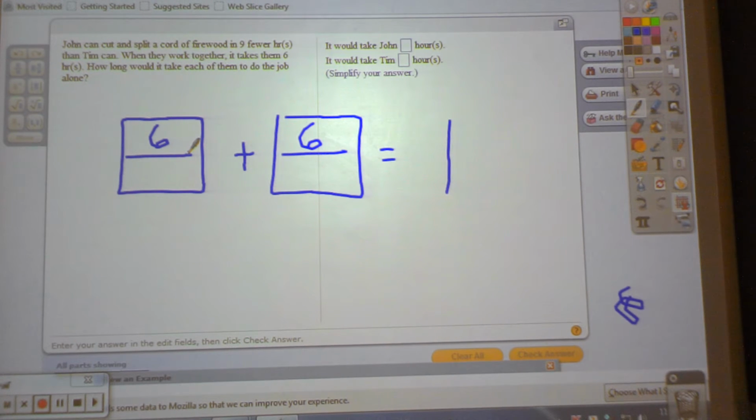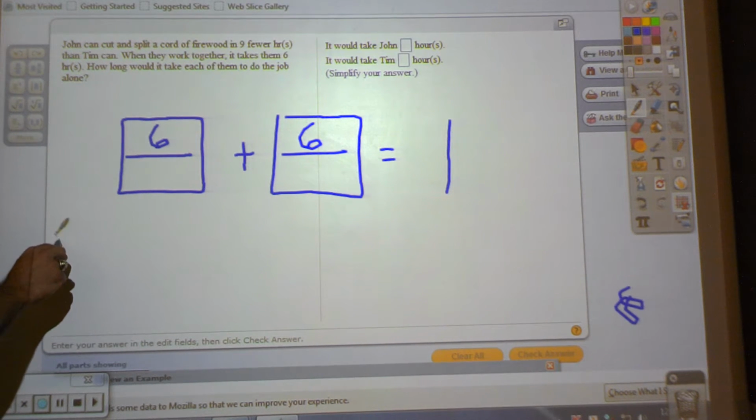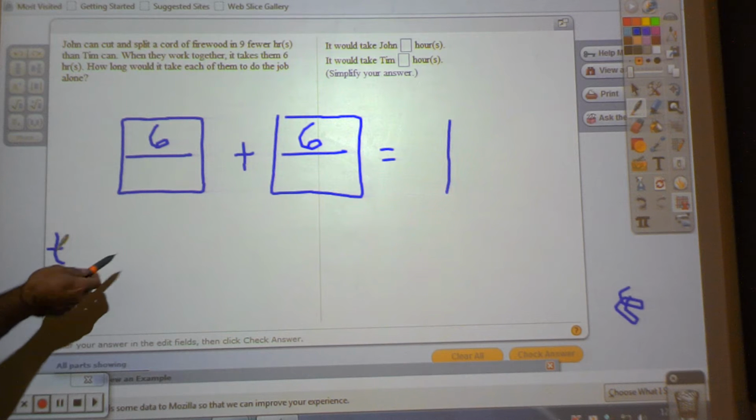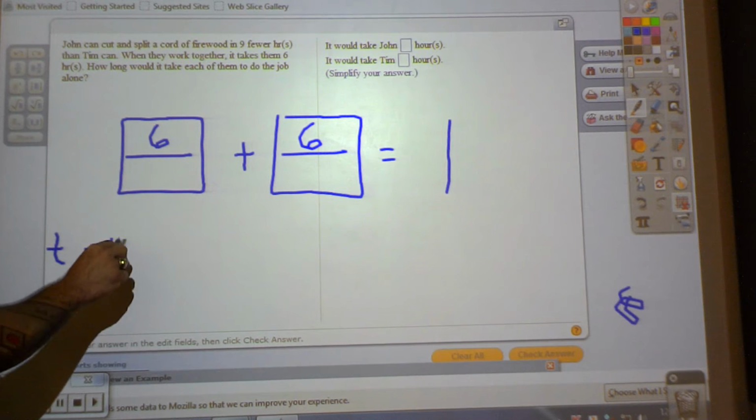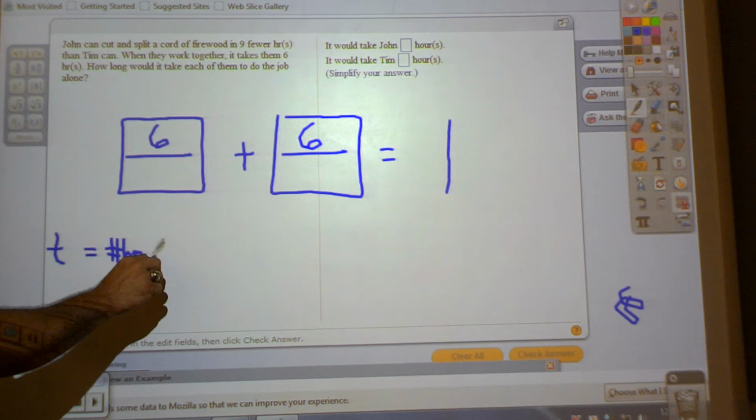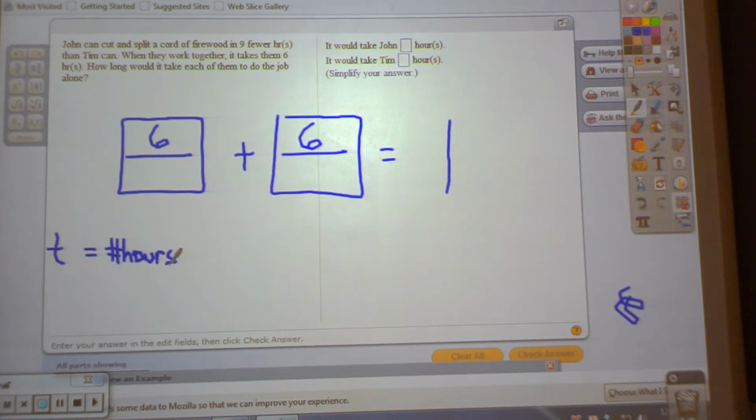Now, John can cut and split a cord of firewood 9 fewer hours than Tim can. Well, let's set that up. Tim, he does it in so many hours. Let's just say number of hours. Okay, Tim is equal to number of hours. So we don't know how much he can do, but we know that from our rules back in grammar school,